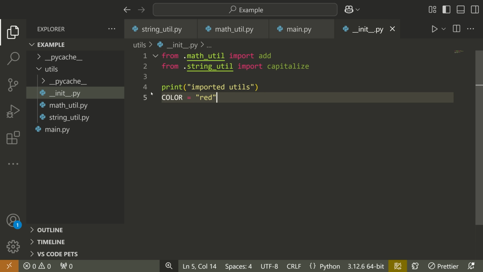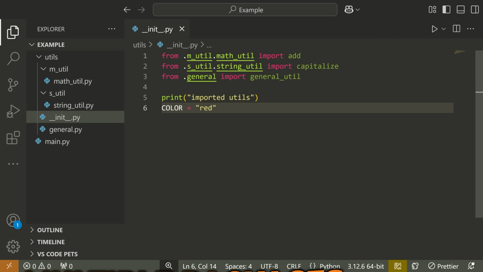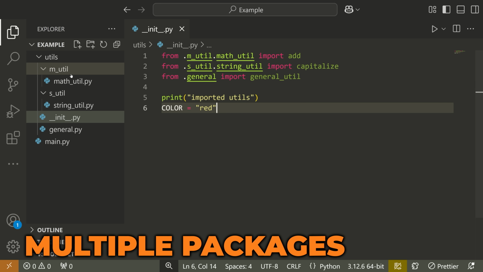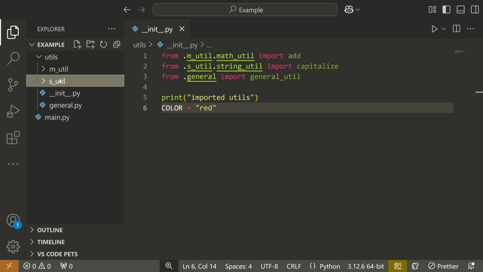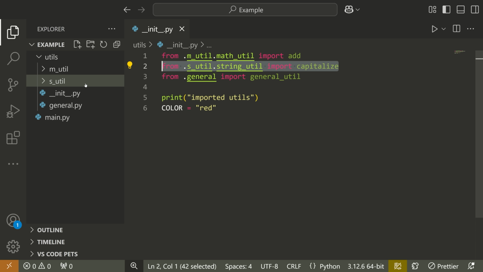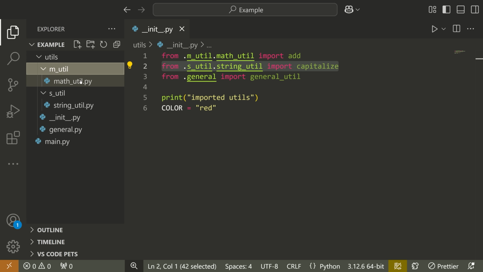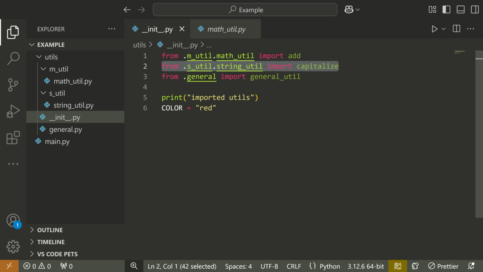Now, what I'm going to do is quickly set up a more advanced example with multiple packages that are nested inside of each other, so you can see some more advanced import patterns, and then that will wrap up the video. So I've updated our Python code now to include a few nested packages. You can see that rather than just having utils, I've now defined an mutil and an sutil package inside of this package. So now I've adjusted the imports inside of my init.py to utilize these nested packages, and you can see that if I want to import the add function, I now need to say